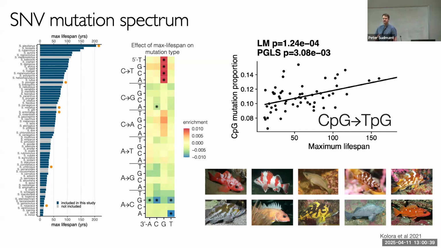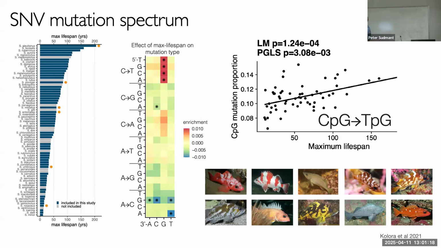And I had this hypothesis. So one of the ways these methylation clocks work, or the kinds of somatic mutations you get with age, are these cytosine deamination events, CpG to TpG events. So that's basically your signature of aging. Okay, and I had this hypothesis where if you have a fish that has a generation time that's way longer, or a much longer lifespan than another fish, then the types of mutations that are in the sperm and eggs of those much longer lived fish should be different, because some of these mutations occur as a function of age.